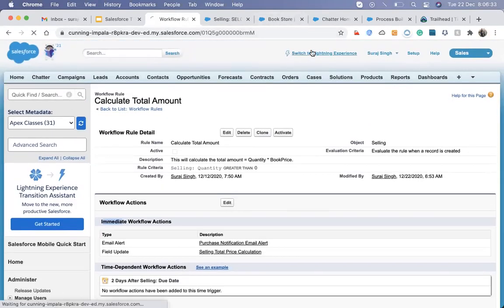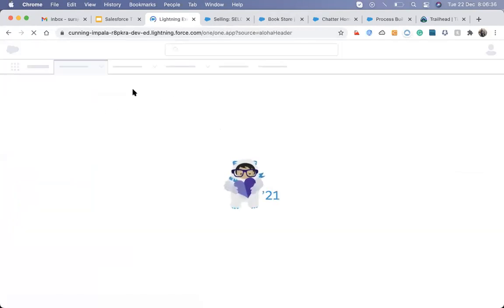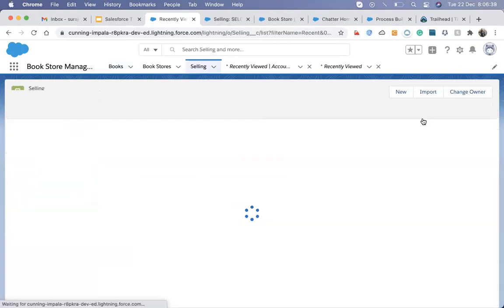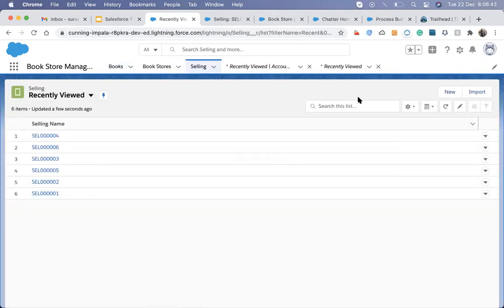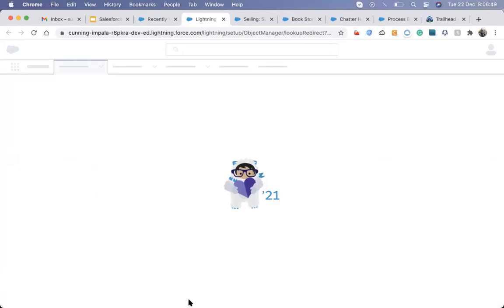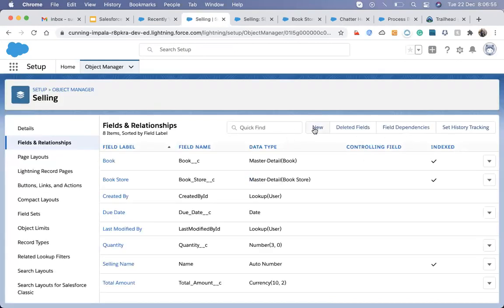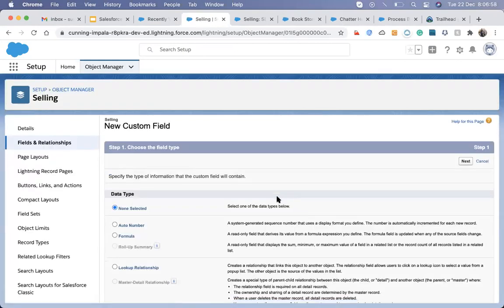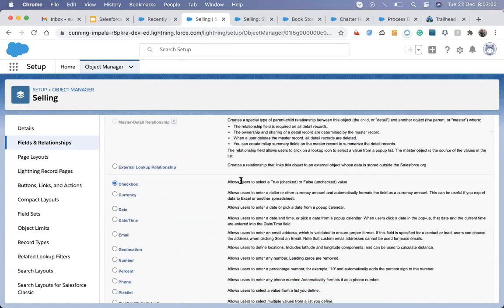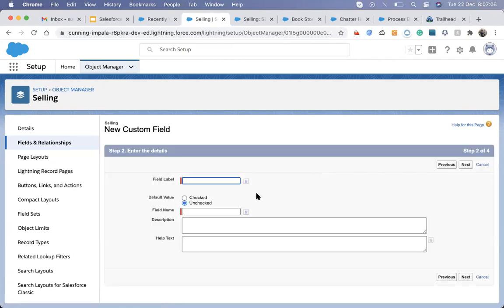So what I'm going to do is go to that object and add some field. Initially, I will make it unchecked.